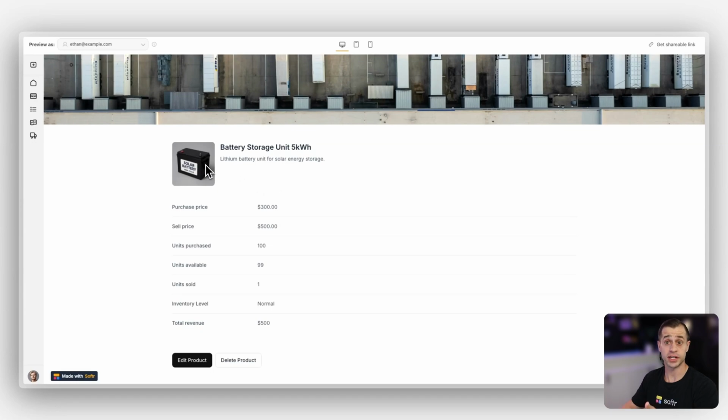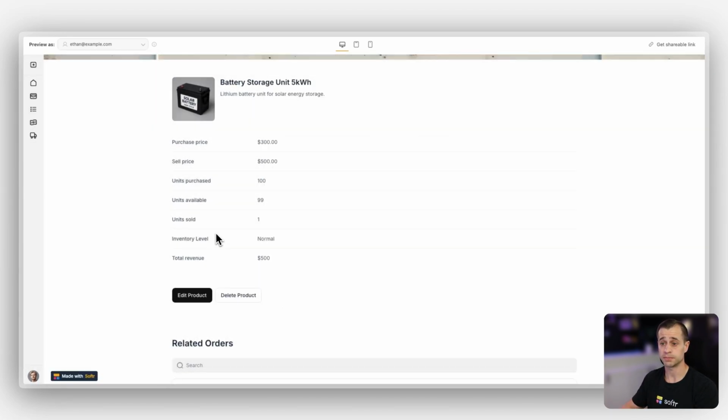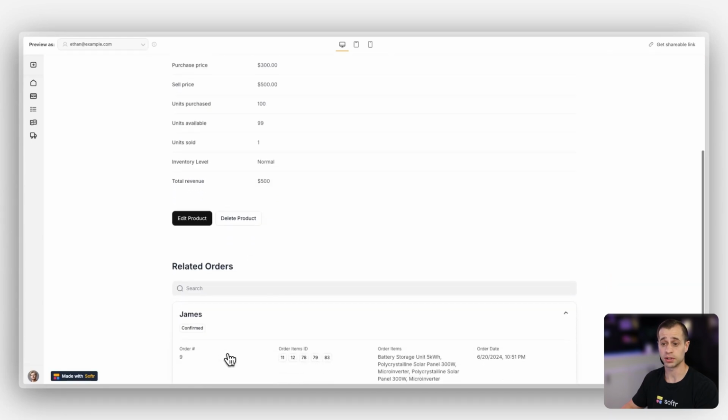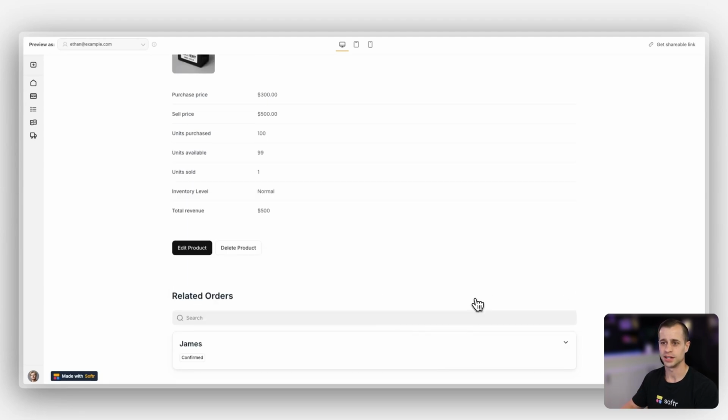And we see that the record is battery. And we can go and edit the product and all this information will come up. We can go and delete the product if we want. And then we can see the related orders that belong or have the battery order items. So the battery storage is right there. This should really be a tag. I like to have products that are like in an array like that as tags, but otherwise,